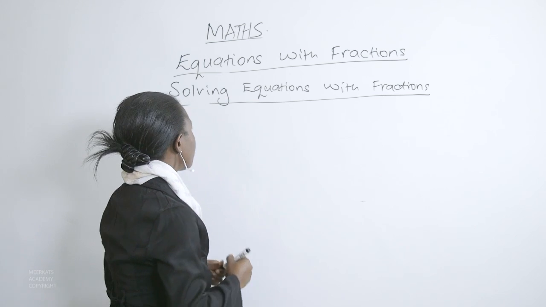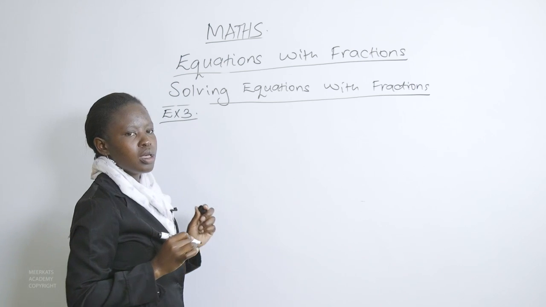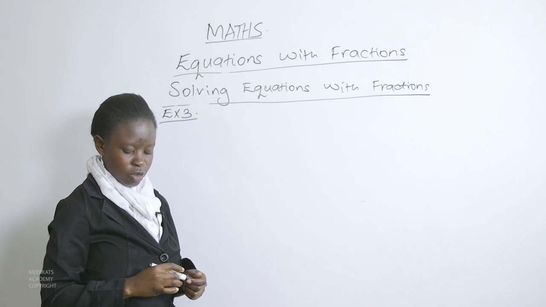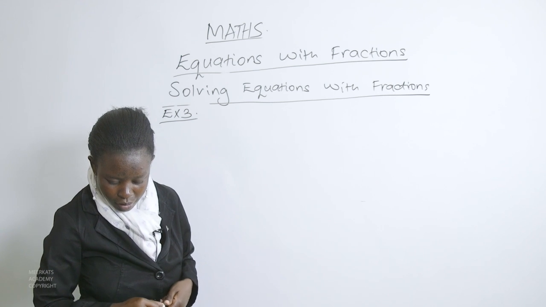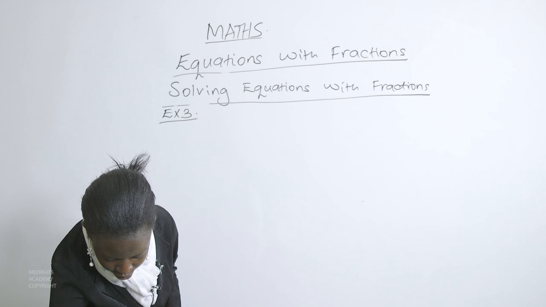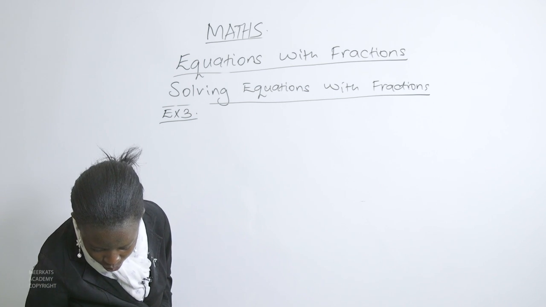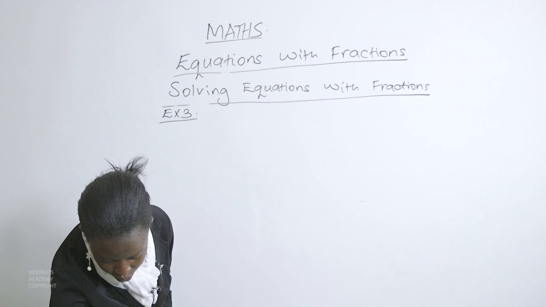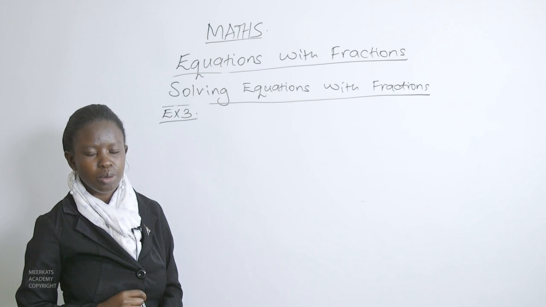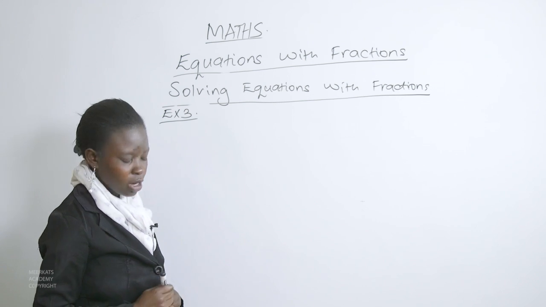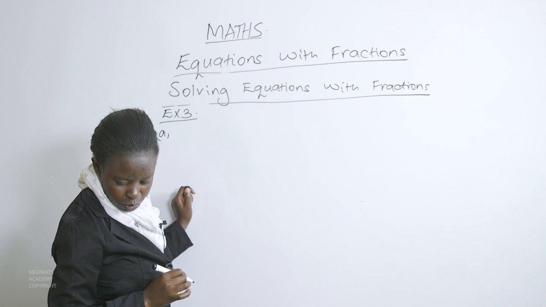So another situation that we could have is when you are given a situation, and from that situation you need to form an equation, then solve the given equation. For instance, we have the following situations that we need to form the given equation and then solve the equation to obtain the value of our pronumeral. So for instance, an example we are supposed to form